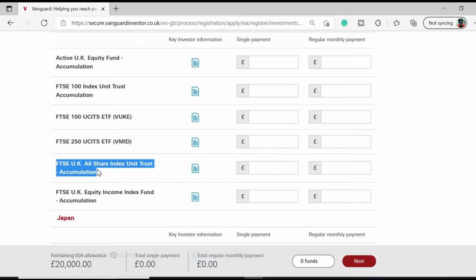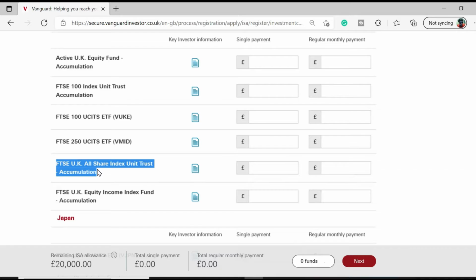and accumulation means that the dividends paid to you by the companies in the index fund each year or on a quarterly basis will be used to buy more shares of this index fund. So that money will be used to buy the shares of the companies in that index again on a quarterly basis or on a yearly basis as you receive the dividends. So each year the number of your shares in the index fund will grow, and then as a result you will receive even more dividends. And it simply means that over time, your holdings of that index fund will snowball and make you really rich